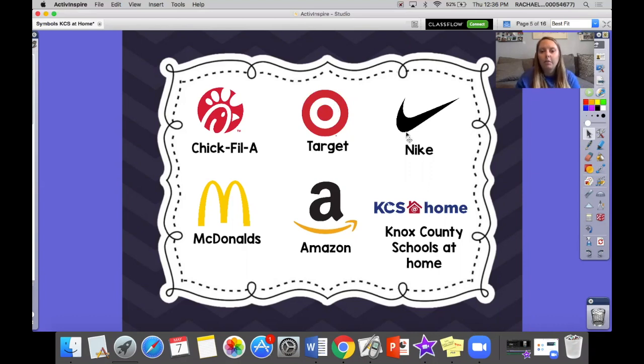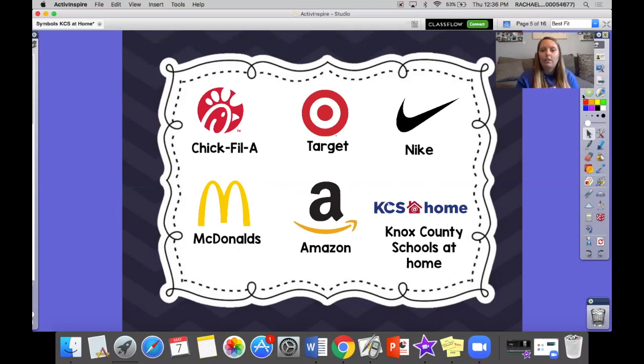Another common symbol you might see is the Nike swoosh, which is on a lot of shoes or clothes. The McDonald's arches that make an M, a yellow M. The Amazon symbol, I get it on a lot of packages that come to my house. And then this KCS at Home symbol, Knox County Schools at Home, as we've been at home learning for the past few months. So all of these are different types of symbols that you might see as you are driving around Knoxville, Knox County, that you might see at your house, at other people's homes, but all of these stand